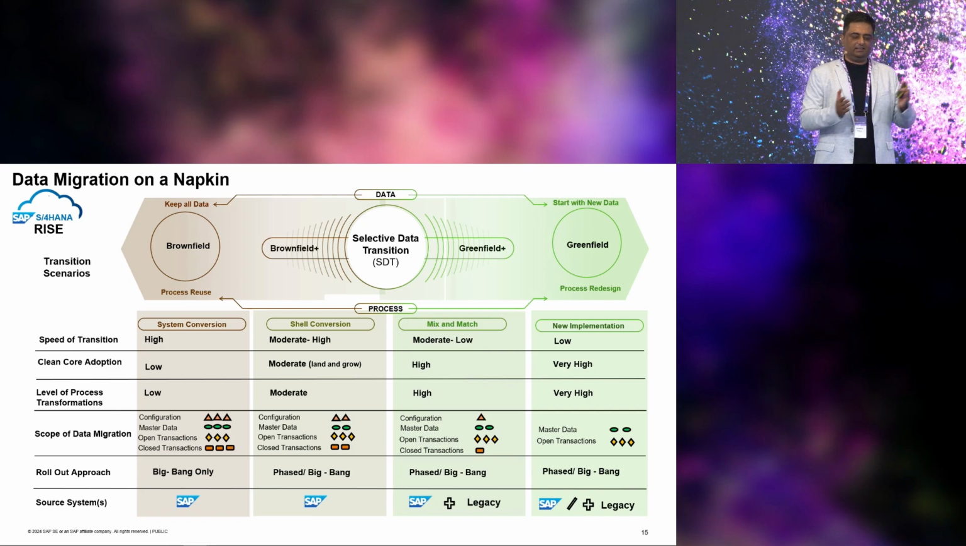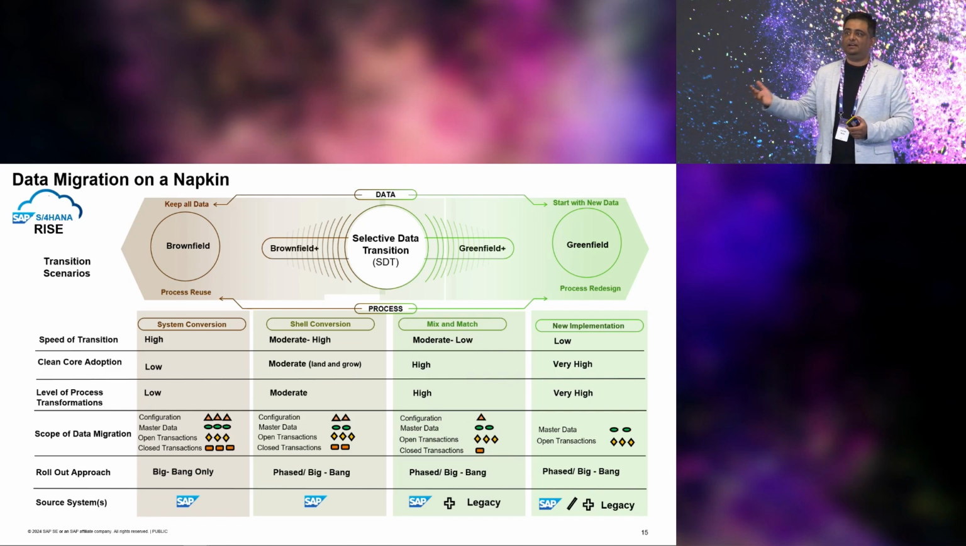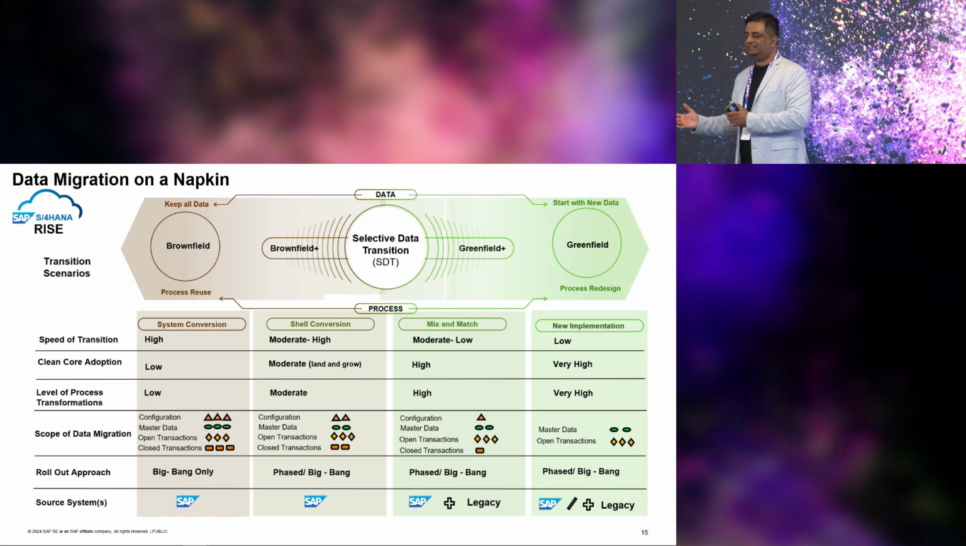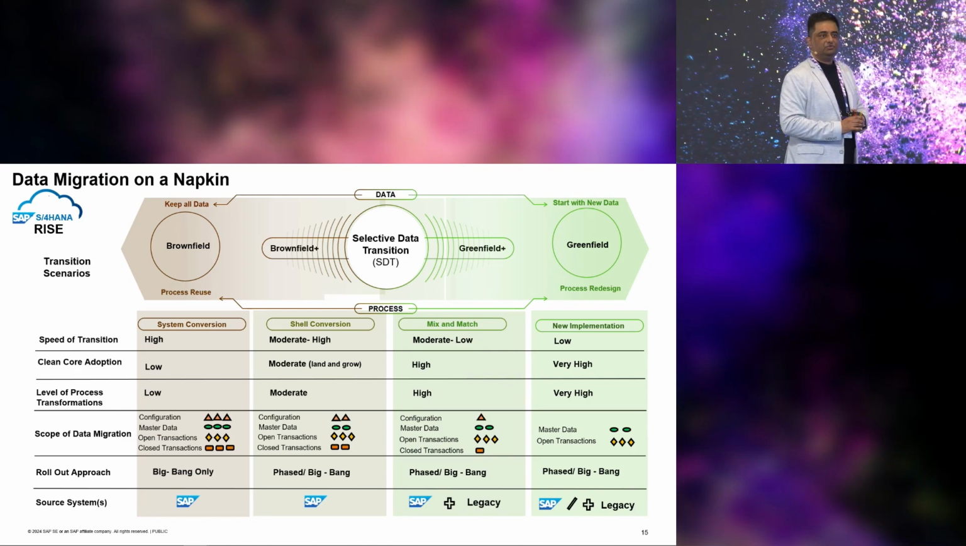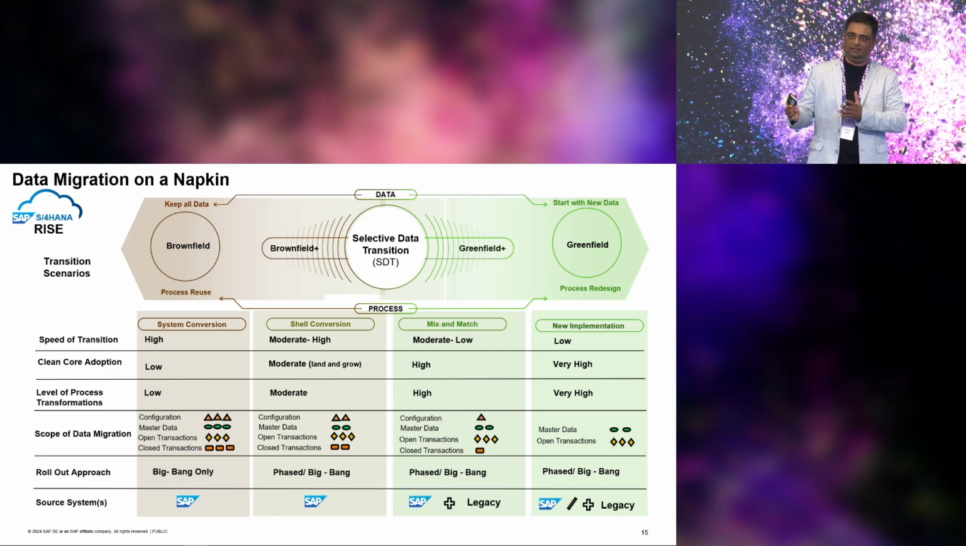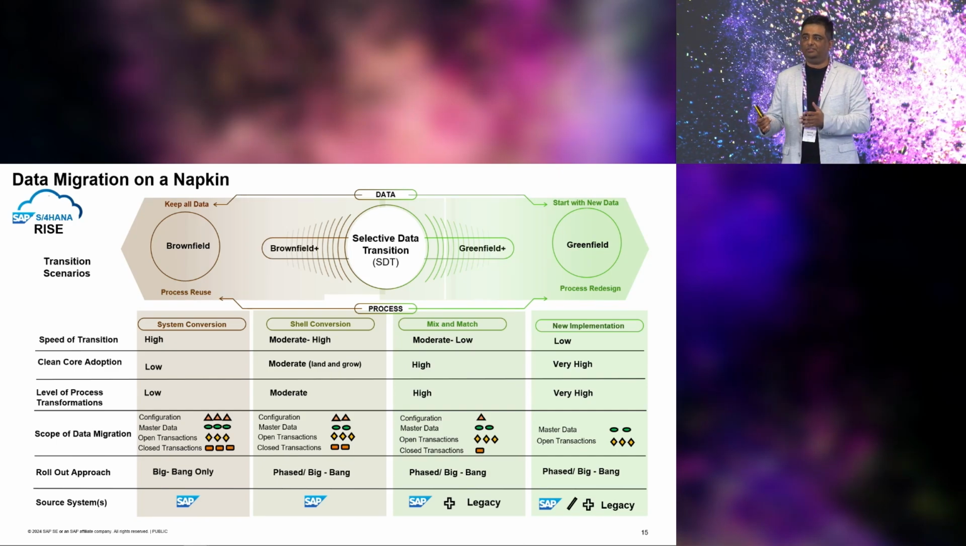When you really consider system conversion, you take everything from ECC to S4. With new implementation, on the right, you only bring in master data and open items. So if you really want to bring in some history, some active master data, then you do have a possibility with selective data transition as well, to selectively bring in historical data, application data, master data, and configuration